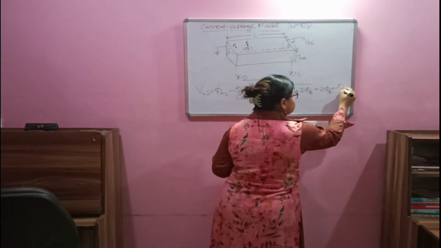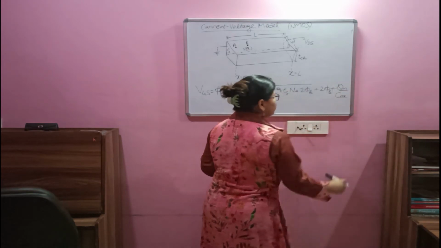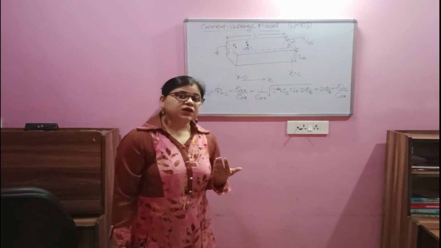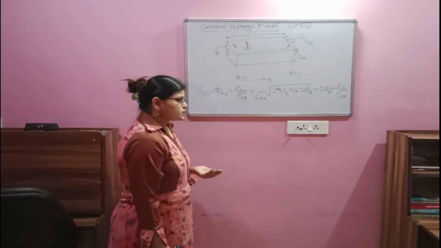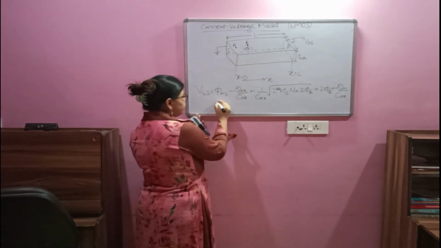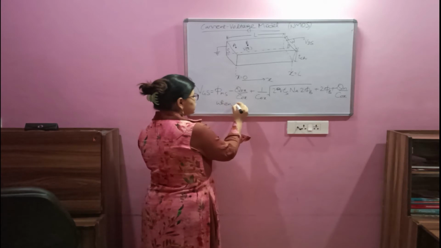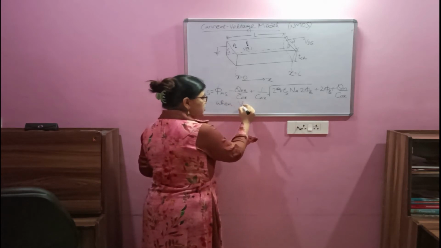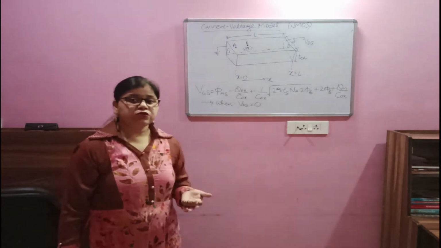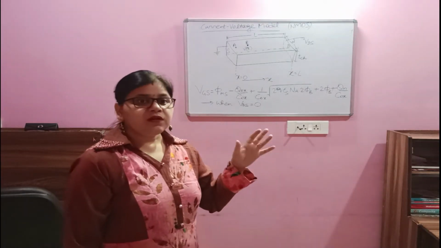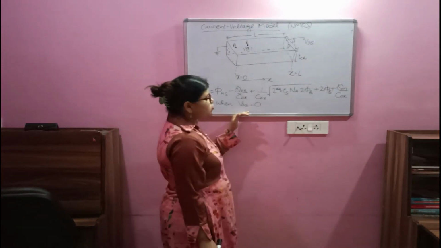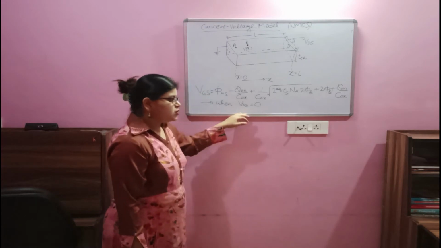And now obviously this term is over here. Why? Because this Qn is the inversion charge density. Now if the MOSFET is in a conducting state, then we will be using it. This was the equation when we were considering VDS equals 0. We had not considered any drain to source voltage while deriving the expression for the threshold voltage. So at that time, drain to source voltage was assumed to be 0.